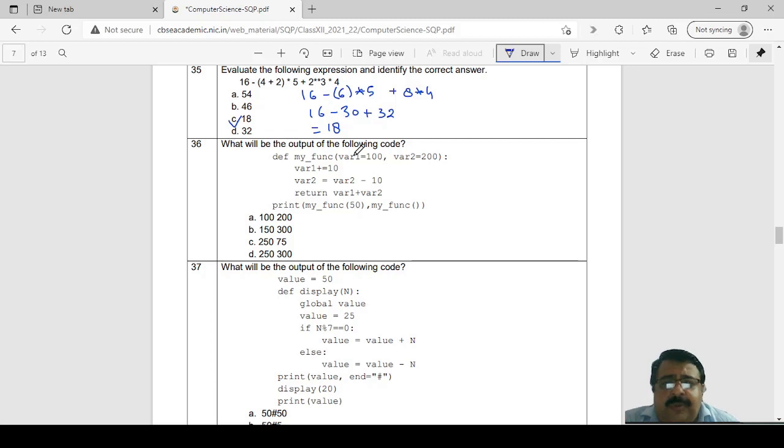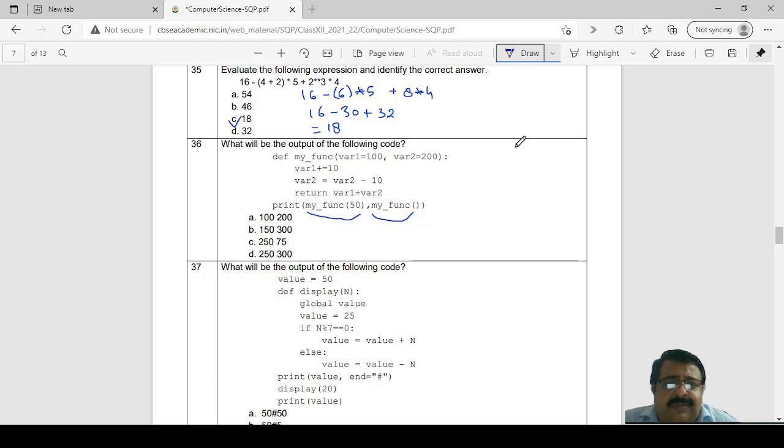What will be the output of the following code? Def myfunc with var1 is 100, var2 is 200. These are the default values. Now, here what is happening? Print myfunc 50, comma myfunc. So, first of all, we will see myfunc 50. What will happen? Only one value is being given, right?